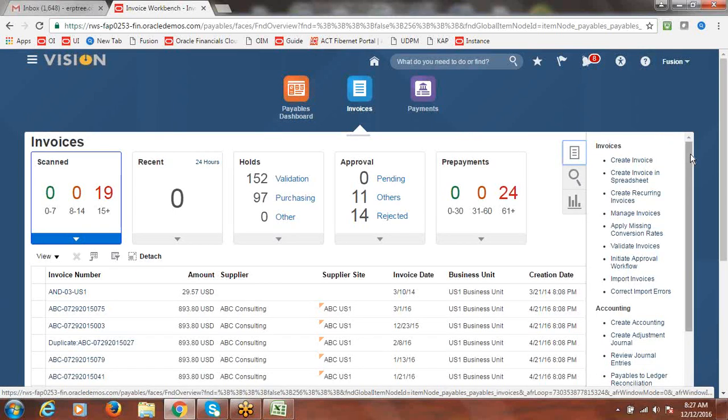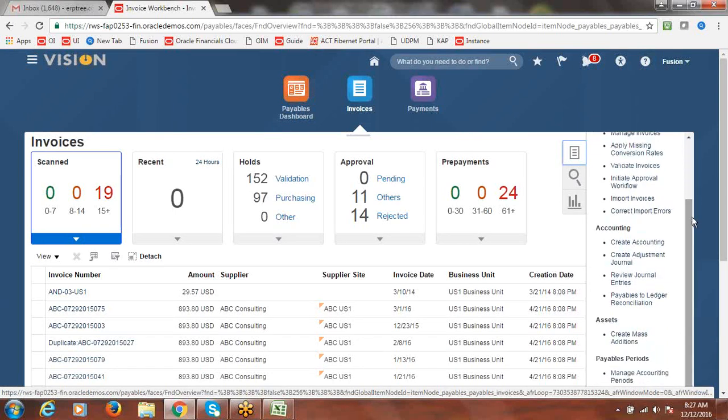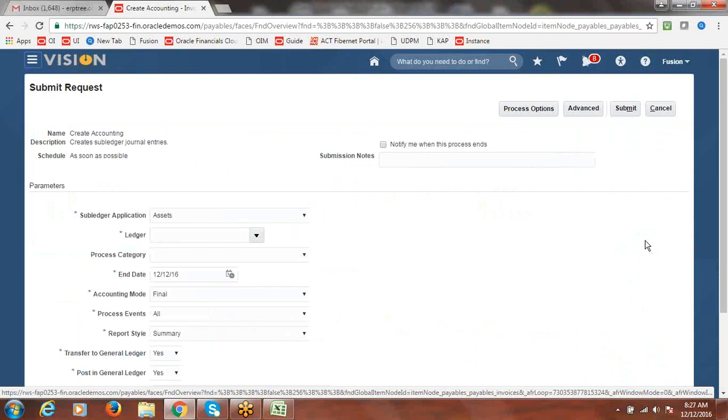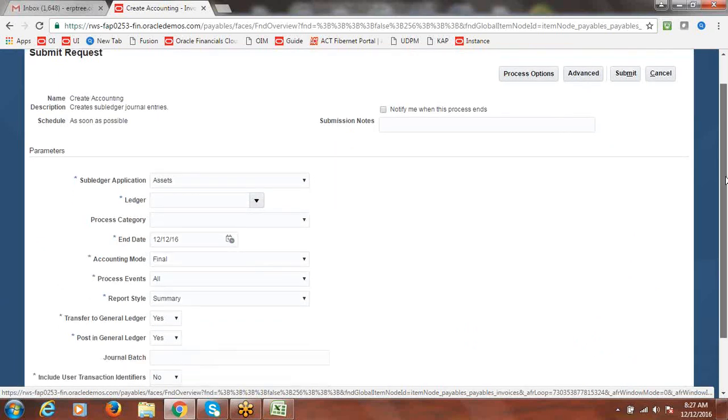Here you can find the task create accounting. Just click on create accounting, which will create accounting for invoices and payments. If there are reconciled payments, reconciled payments also.